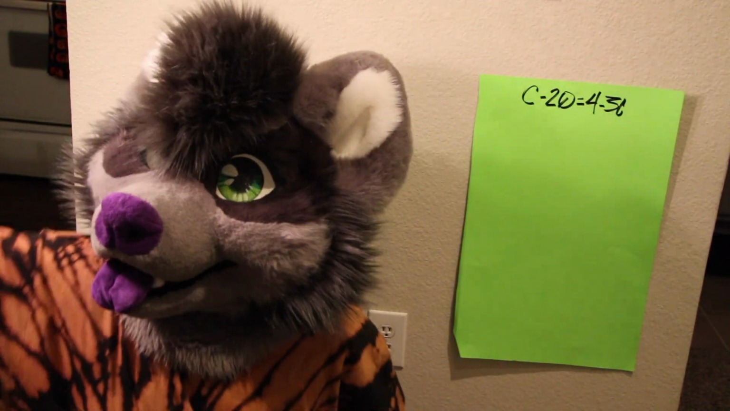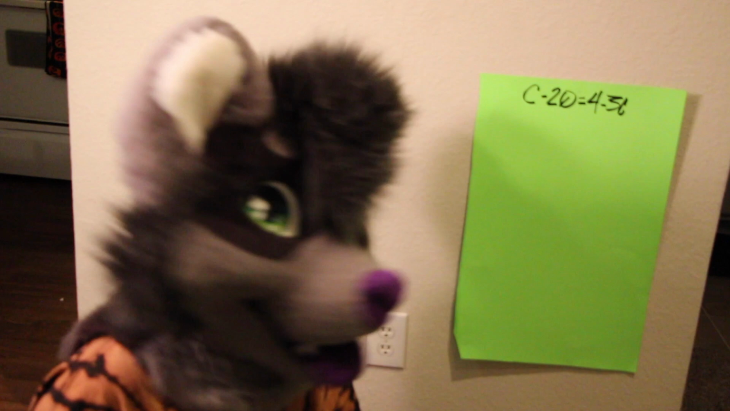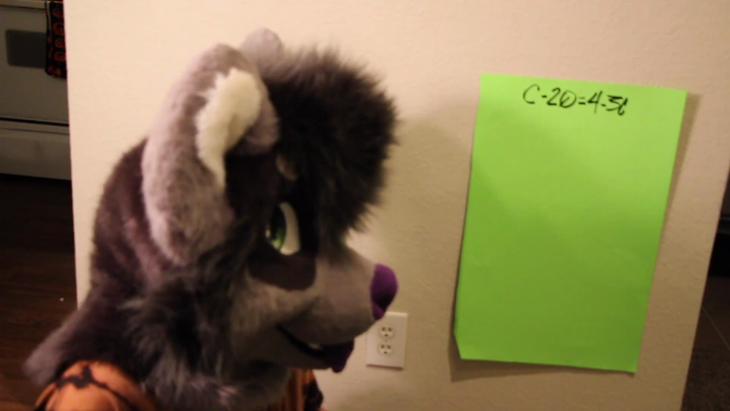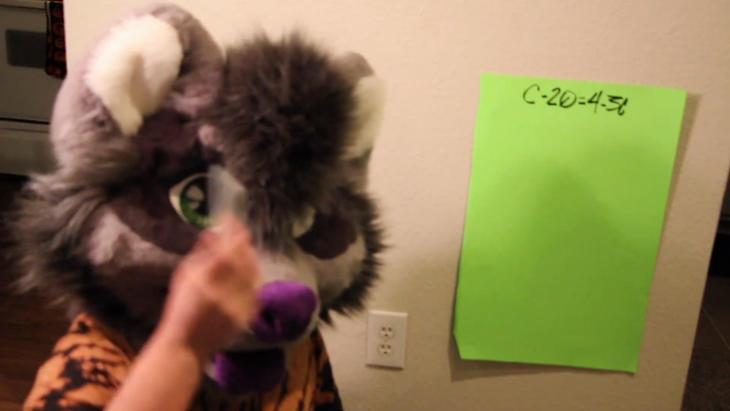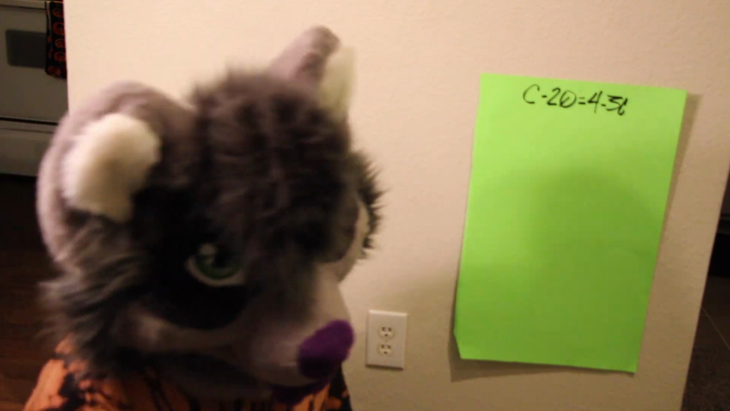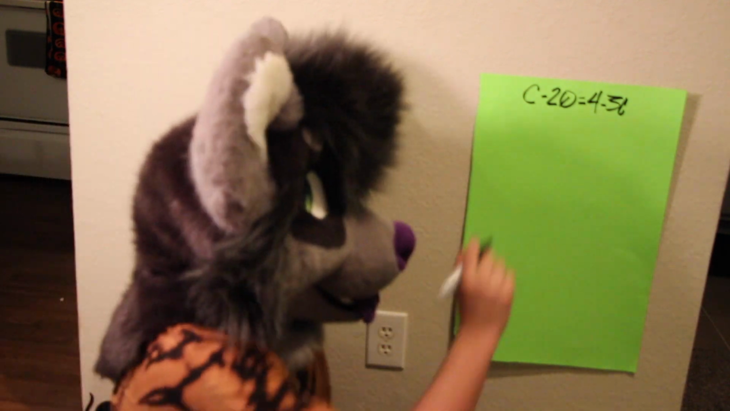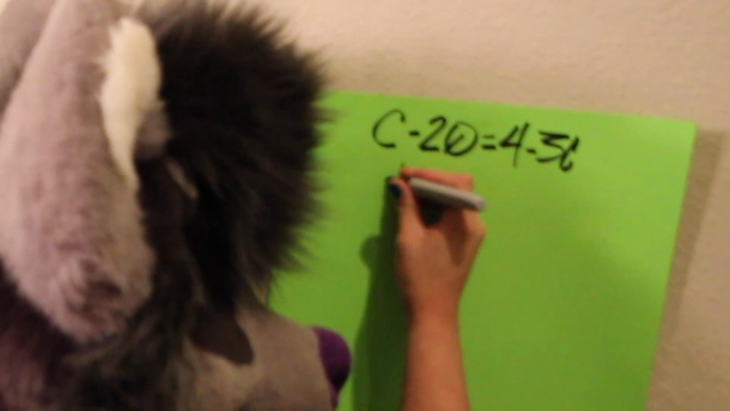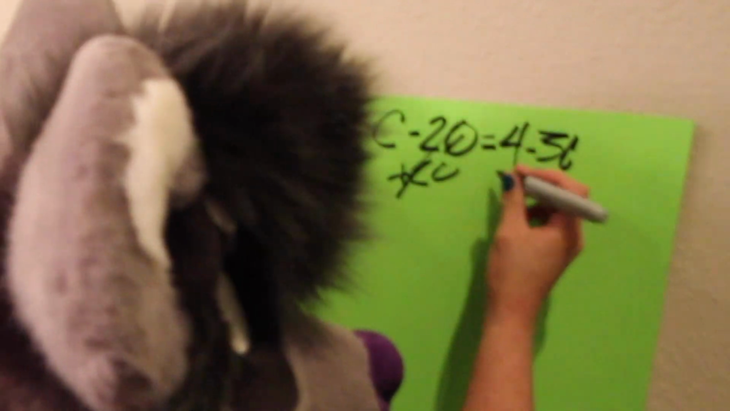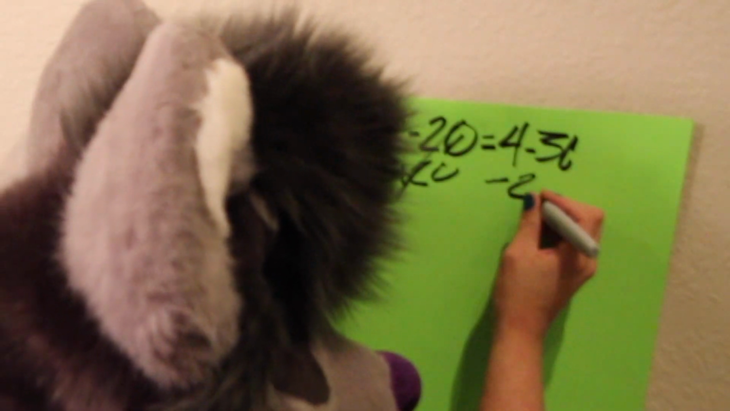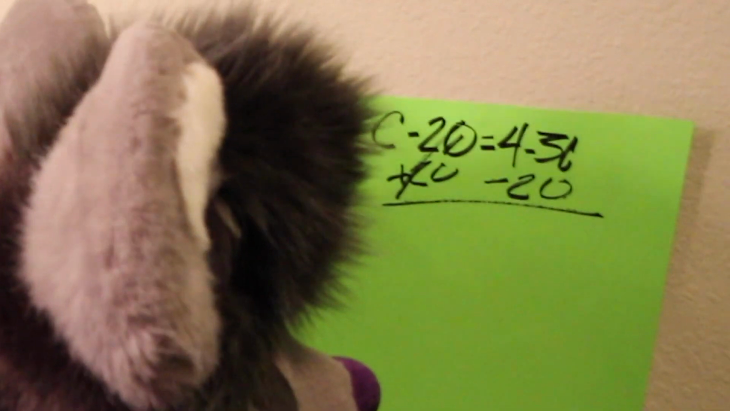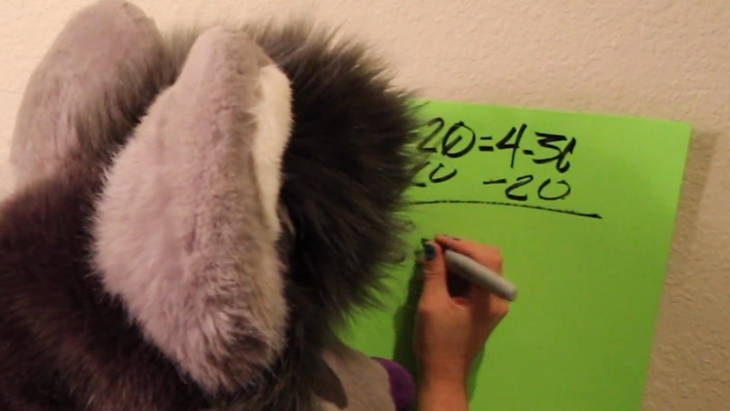So, it's been a couple hours, but we're back. C minus 2, C minus 20 equals 4 minus 3C. Now, I remember very vividly some trauma in high school. I know what we're supposed to do. We're supposed to add 20, and then it's supposed to subtract 20. And then that gets rid of that, so it's just C equals,